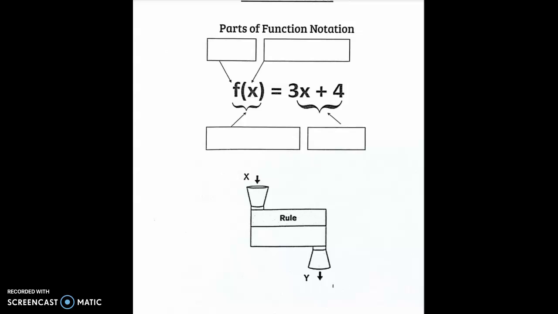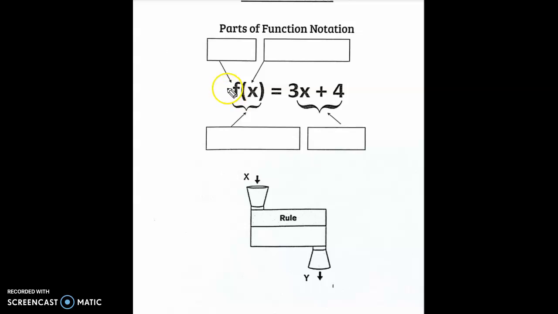Okay, so after metamorphosis, we have parts of a function notation. So we went over function notation. And the reason why we have function notation is because when all of the mathematicians got together, they had all of their equations in equation form. So all of the equations were y equals, y equals, y equals. And they were having a hard time telling the different equations apart. So they came up with function notation because they could name the equations different names and know which equation belonged to which part. So here,